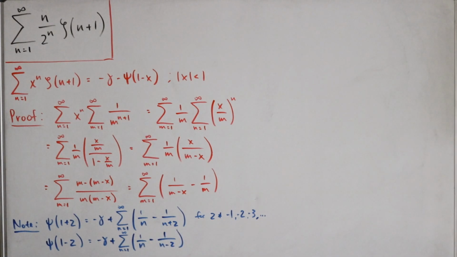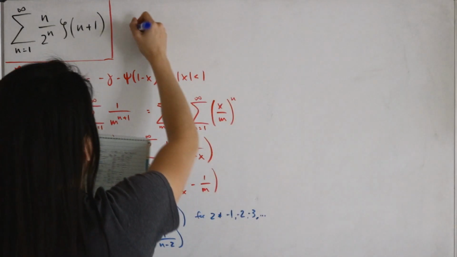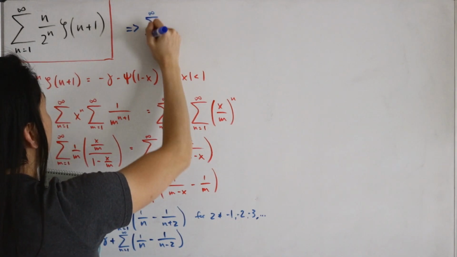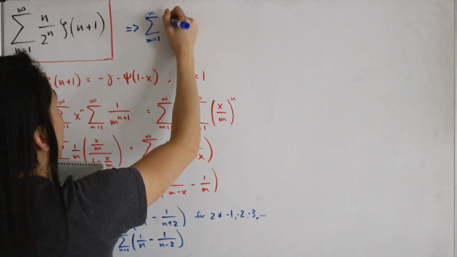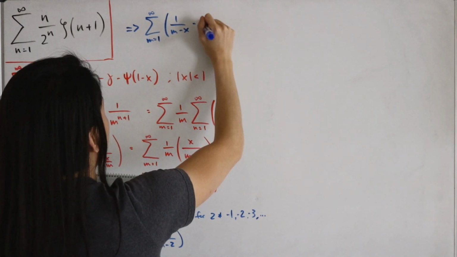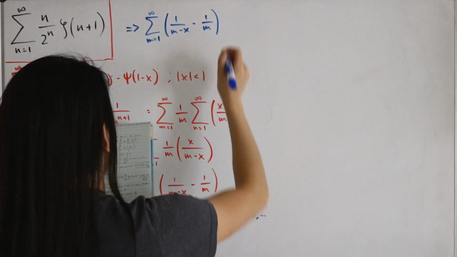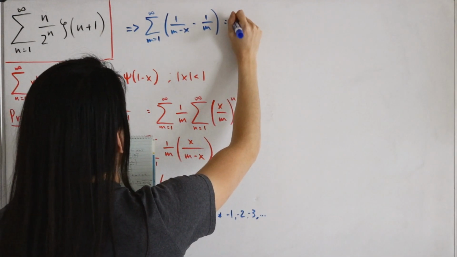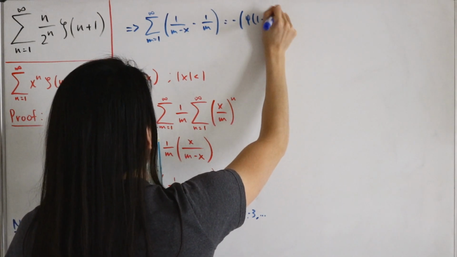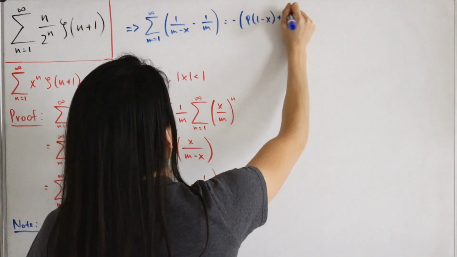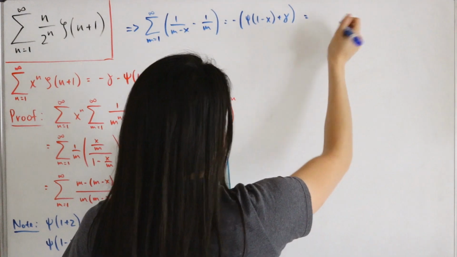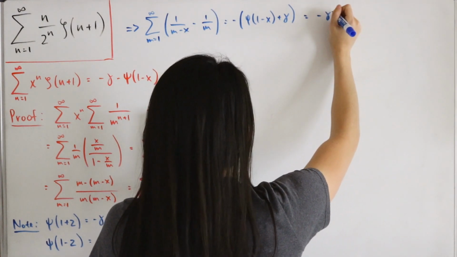So what this entails is that, going over here, let me continue forward. The infinite sum at m equals 1 of 1 divided by m minus x, subtract 1 divided by m. Now putting that back, that's the same thing written as minus the parentheses of the digamma at 1 minus x, and then add this with the Euler-Mascheroni constant, lowercase gamma. If I just distribute the negative symbol, I have negative lowercase gamma,